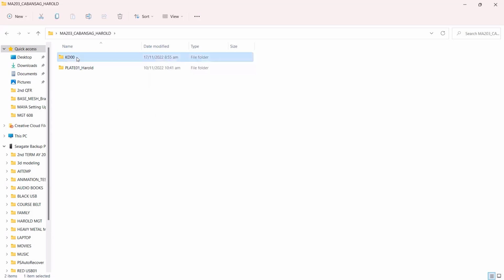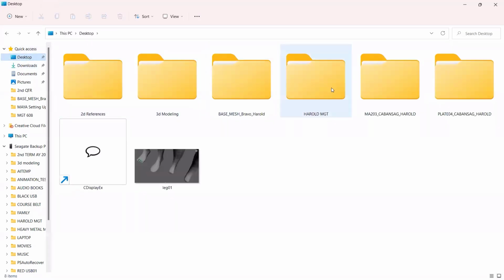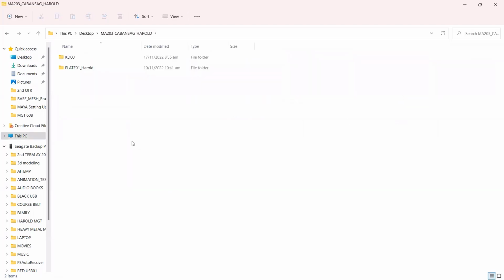Well, I have downloaded my reference and then I have pasted it inside here. It is already inside my term folder or my quarter subject folder. So it is not inside plate number 1. I will now create plate number 2. How do I do that? I will go to my